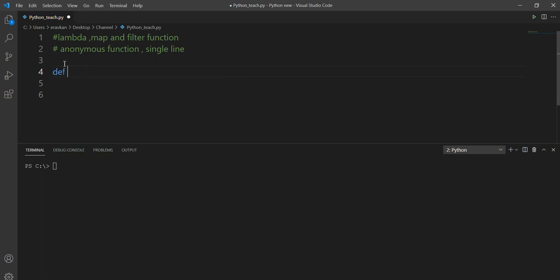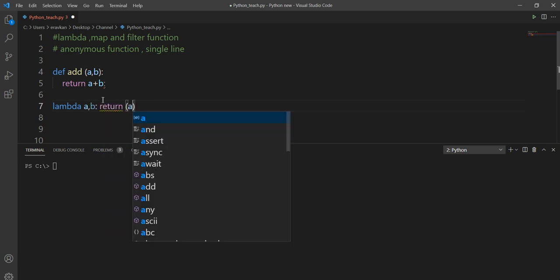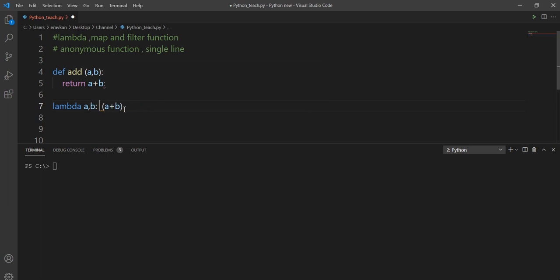So first let us take a normal function. Suppose I have a normal function that takes two arguments a and b, and what it does, it does the addition and returns it back. This is a function. Now I want to define this using lambda. So in lambda, lambda is your keyword, and then you have what arguments it is going to take. It's going to take two arguments, suppose a and b, and then it will return the sum of a plus b. You don't require a return statement in your lambda function. So your lambda function is prepared.